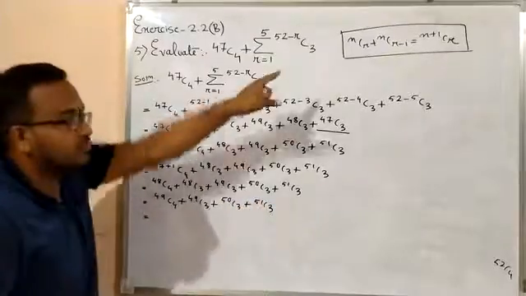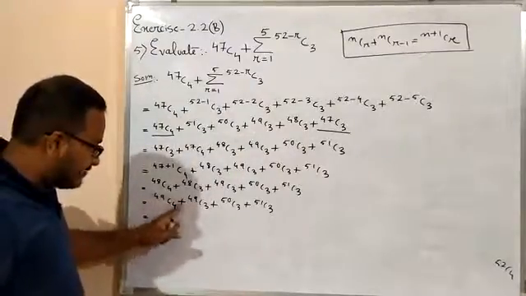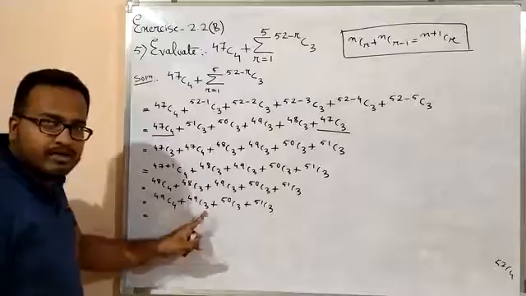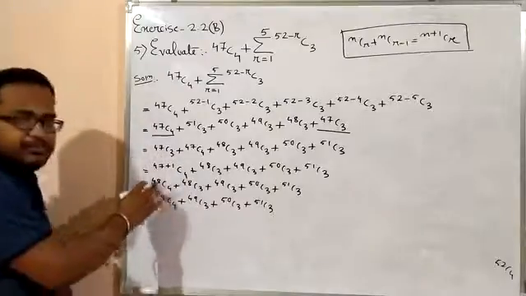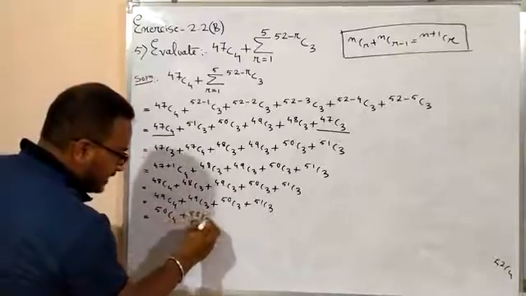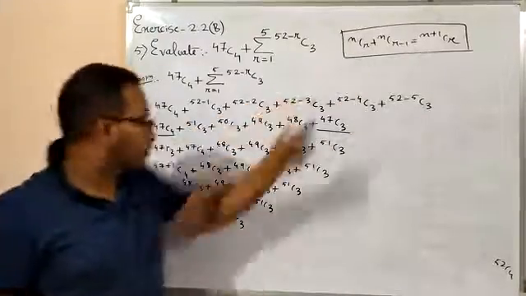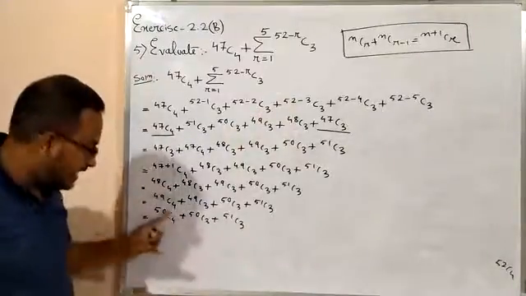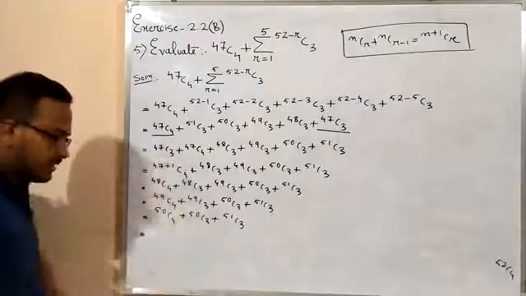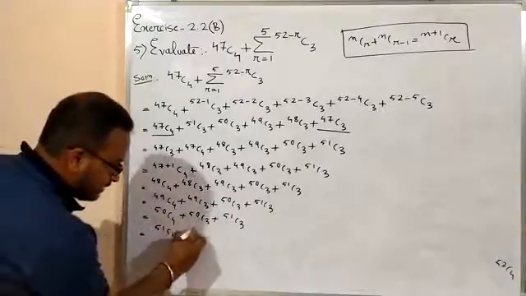Right? Now again you have to use the same thing again. 49, 49. So now your n is 49. So nCr plus nCr minus 1, that is 49C4 plus 49C3. So again it will be n plus 1 Cr. So 49 plus 1 is 50. So 50C4 plus 50C3 plus 51C3. Now again I am going to use this formula with these terms. Now my n is 50. So again it will be n plus 1 Cr. So 50 plus 1 will be 51. So it will be 51C4 plus 51C3.